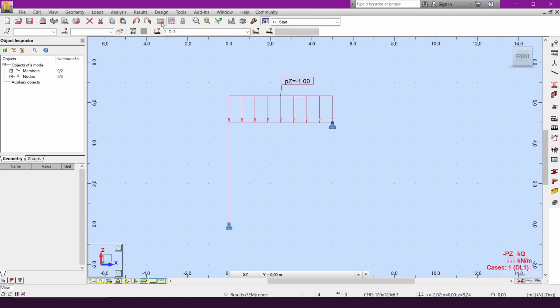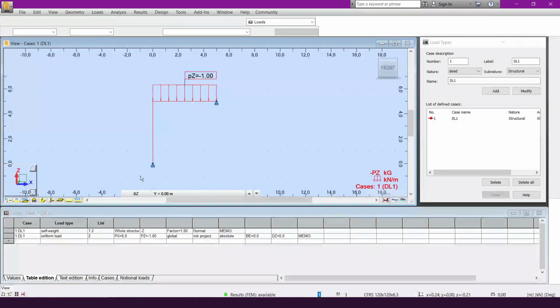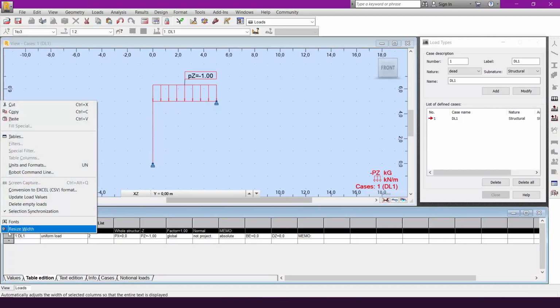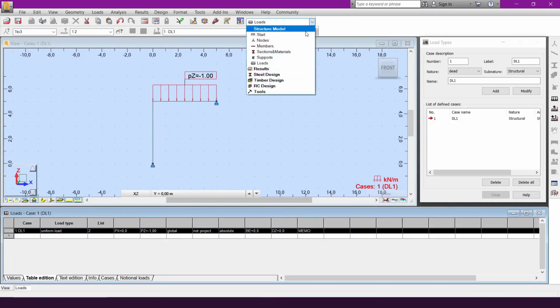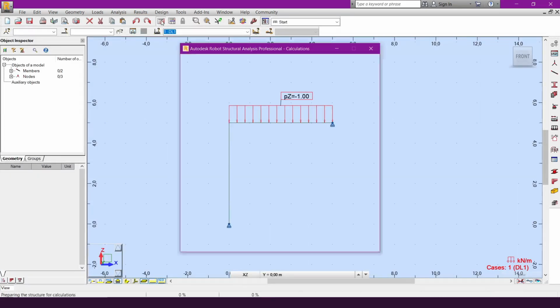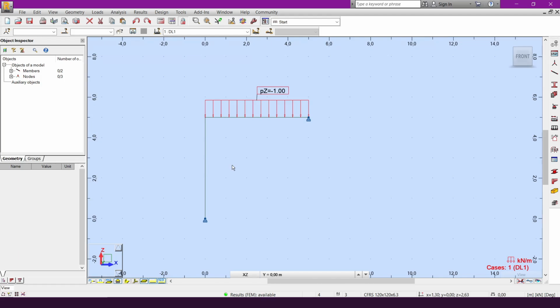So now we can run the analysis. We have results which are available, and now we go to loads, so we can remove the dead load or the self weight of the structure. And now we just do it in this way for simplicity, and then we go back to start and we recalculate. So now we have the structure,